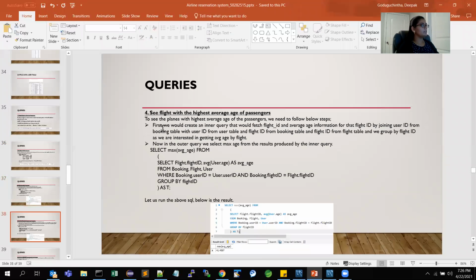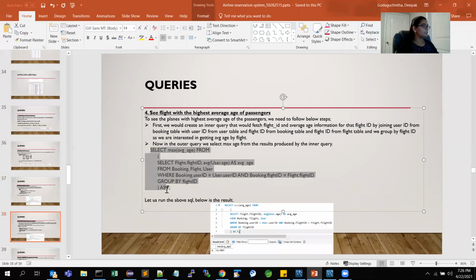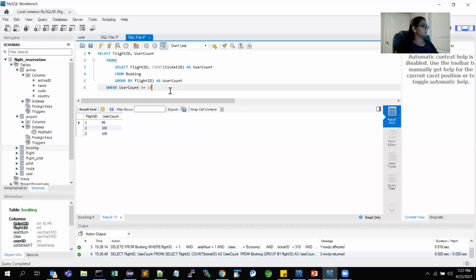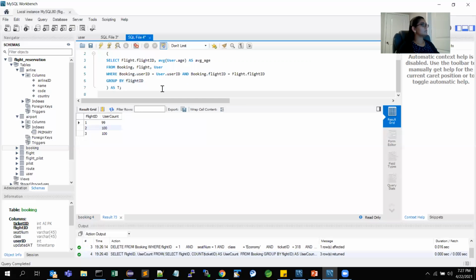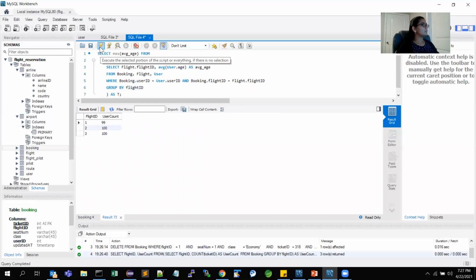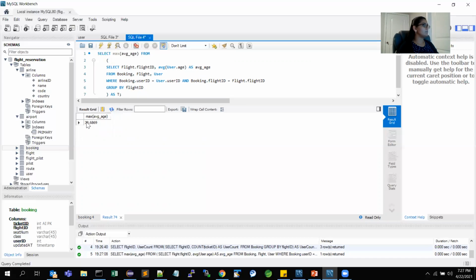The next query is to see the flight with highest average age of passengers. And I run this. You can see the maximum average age here.